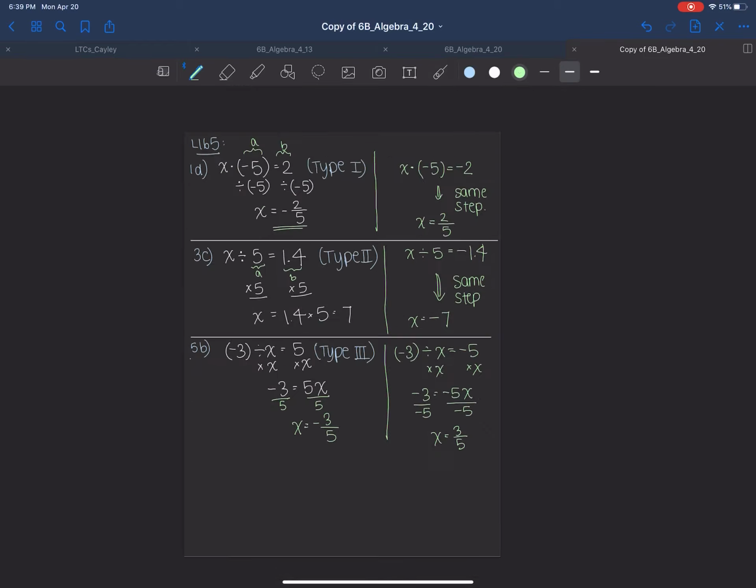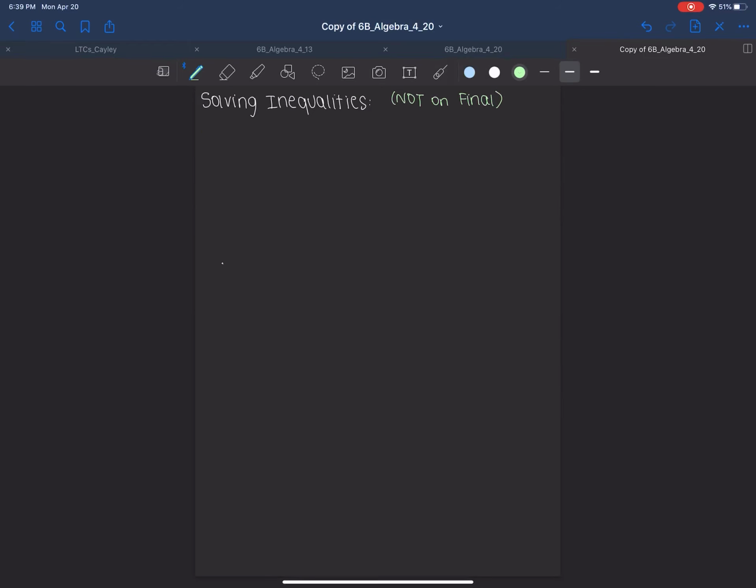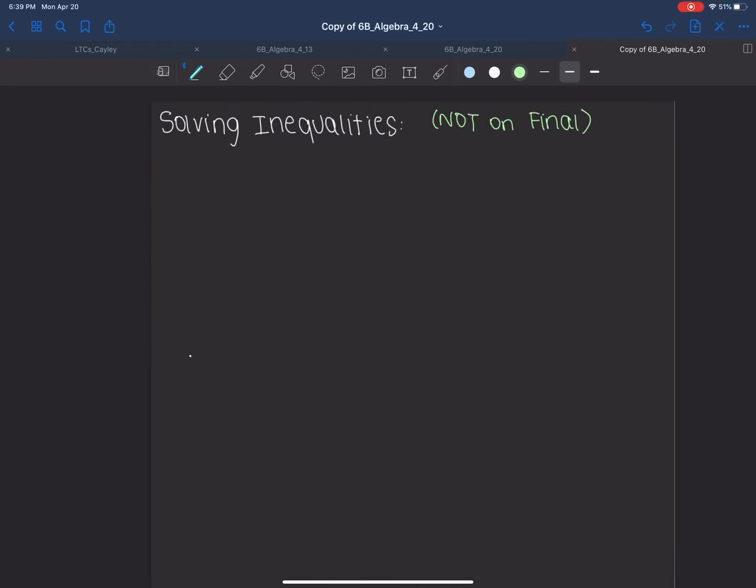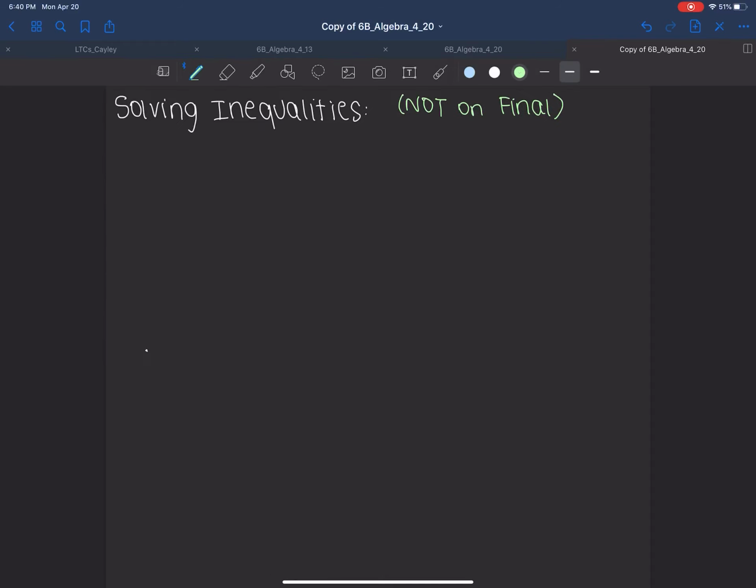Cool. So for the last 10 minutes of class, we talked about solving inequalities. This is something that I think is really good to know, especially if you haven't learned it yet. You're going to learn it very soon in school if you haven't already. So solving inequalities is not going to be on the final. This is something we have to pay attention to. A lot of times you're going to get questions like,